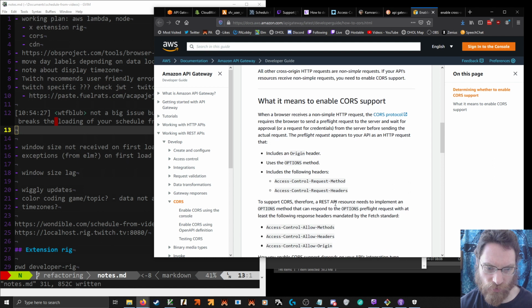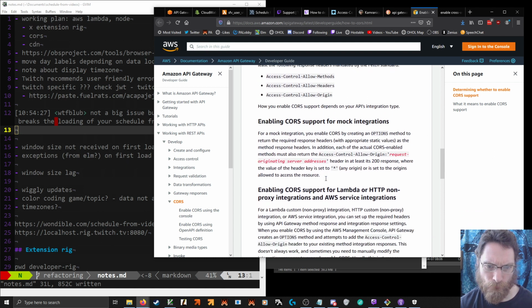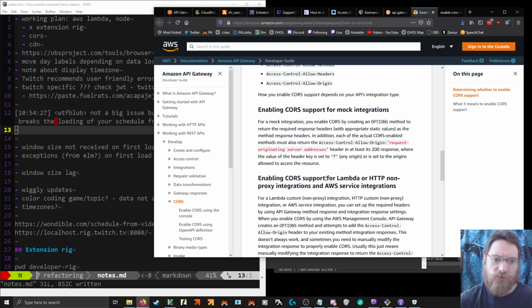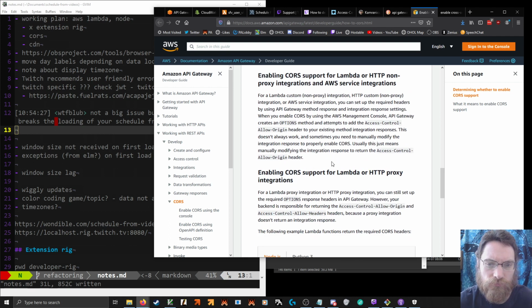The rest of these, OPTIONS. Mock integrations. Request originating server address. Oh, I thought this would just be putting in a list.